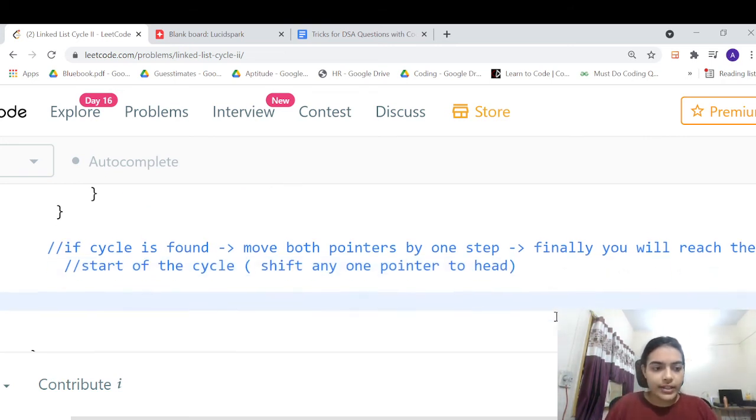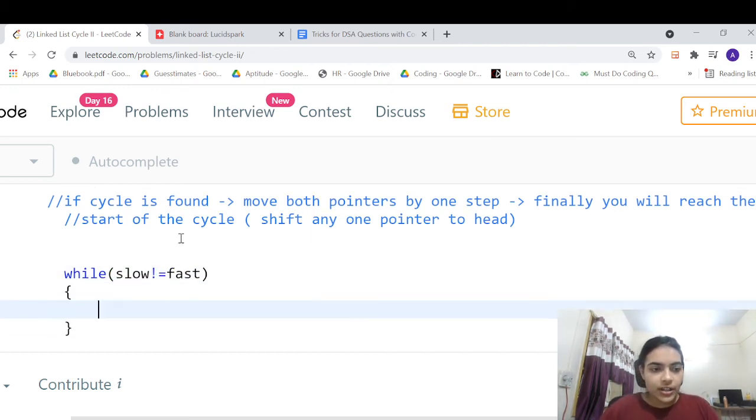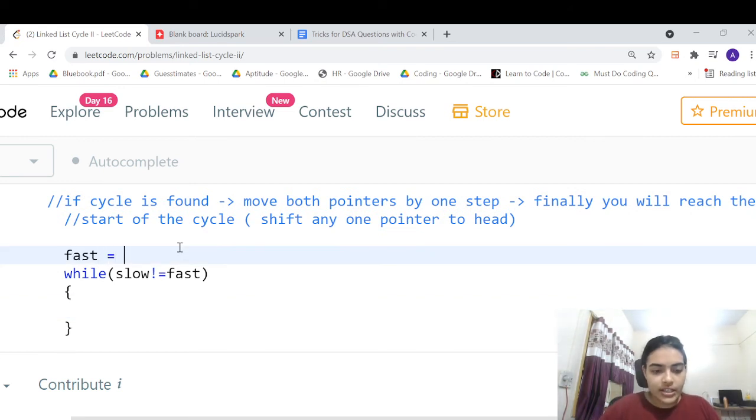So let us start with that. While slow is not equal to fast, again we can give this particular condition. Before giving this condition, let us shift one of the pointers to head.